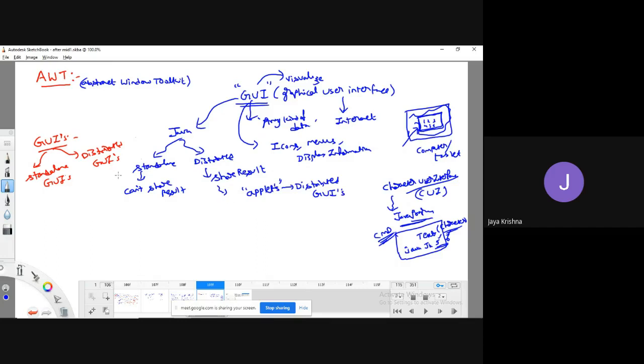If we develop a GUI that opens in the browser, we call it a distributed GUI. It will look like some kind of interaction like this, with a submit button. All of this comes under distributed GUIs. So through these applets, I can implement an interface that I can open in the browser.